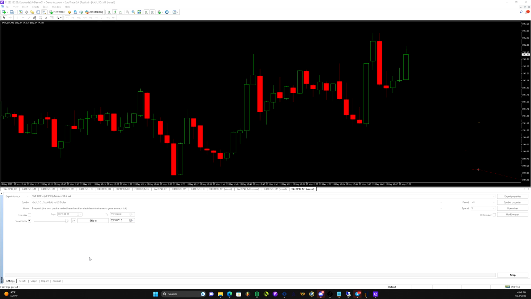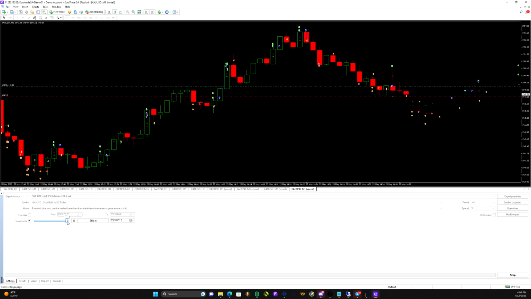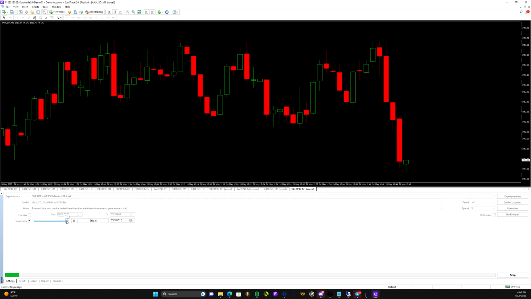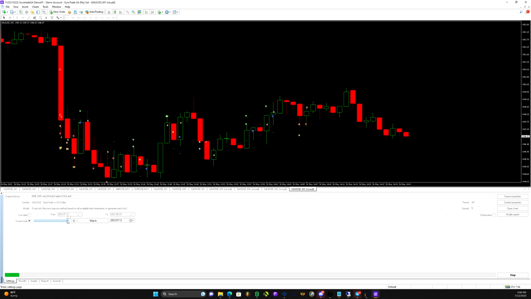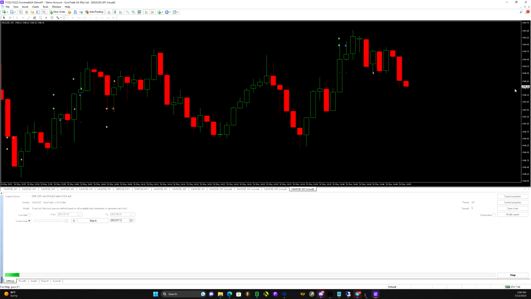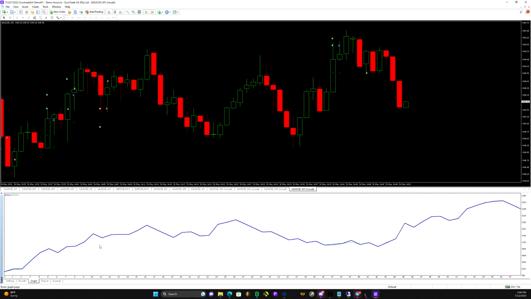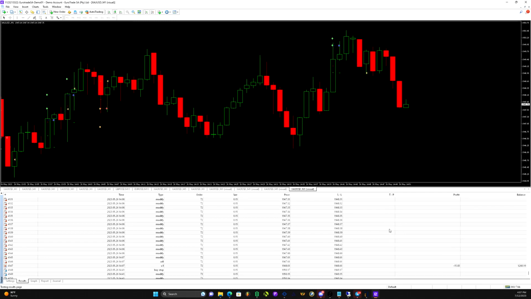Okay, so let me show you guys a little backtest here. Fast forward a little bit. All right, so we are on the 1 minute time frame. This is the balance and equity line of the test, and this is the result. So like you can see,